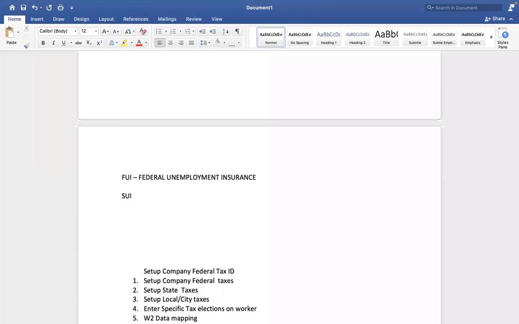So the federal government took a decision. If anyone lost their job, or was terminated without a valid reason, or bankrupt, they can go for FUI. They can claim unemployment insurance.